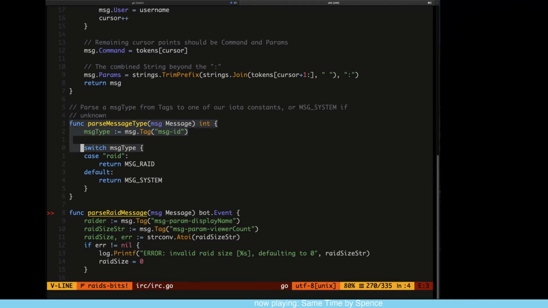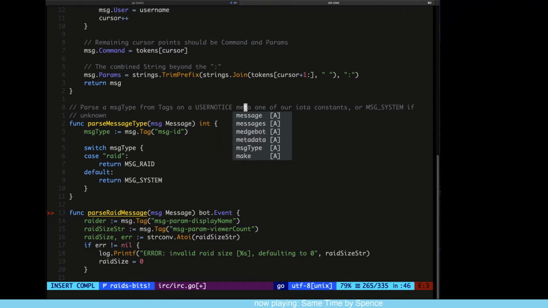Next, I've also added a couple of parse message functions. For one, we have this parse message type, which assumes that a message ID is present, and this assumes a user notice message,